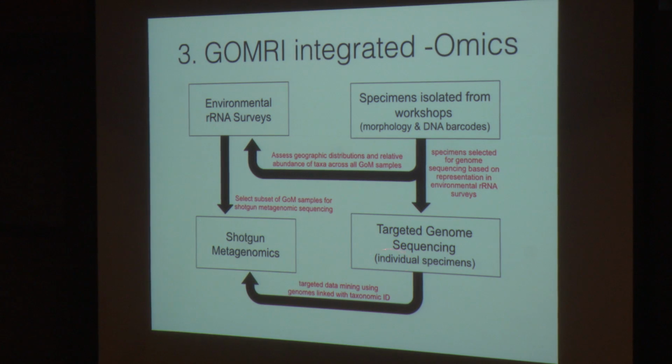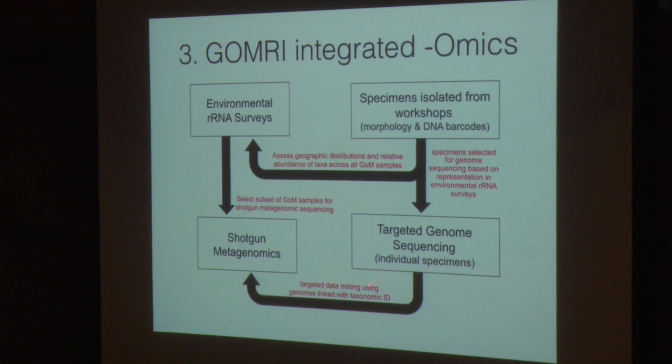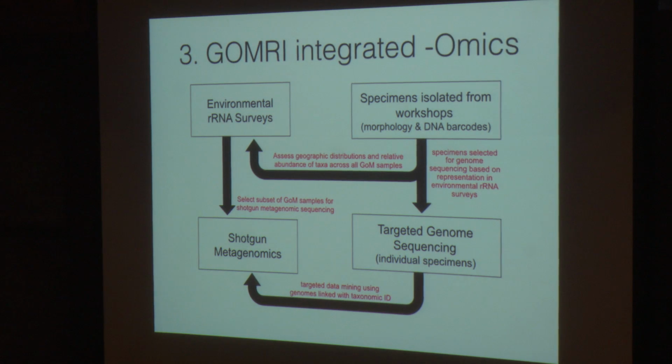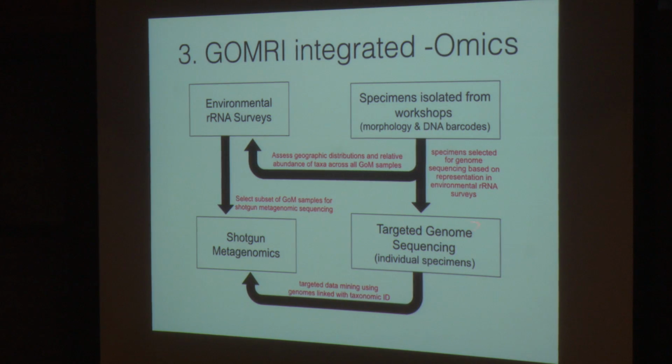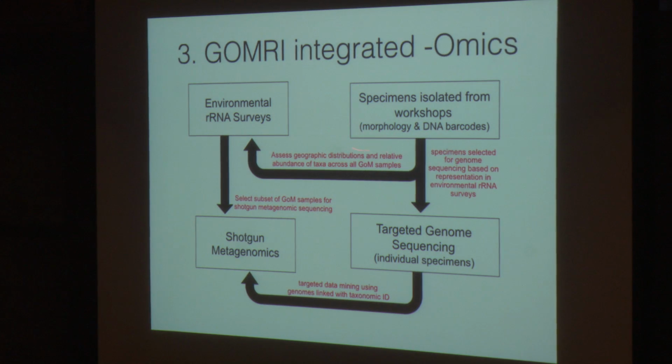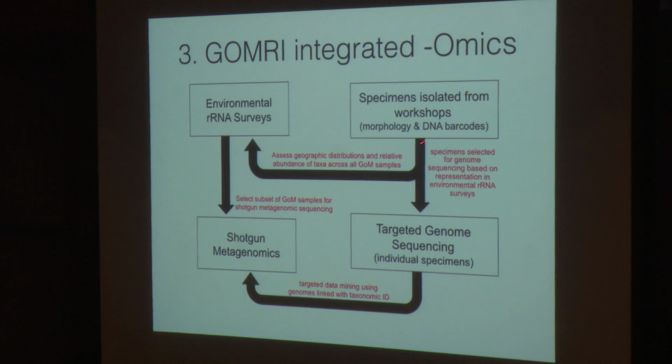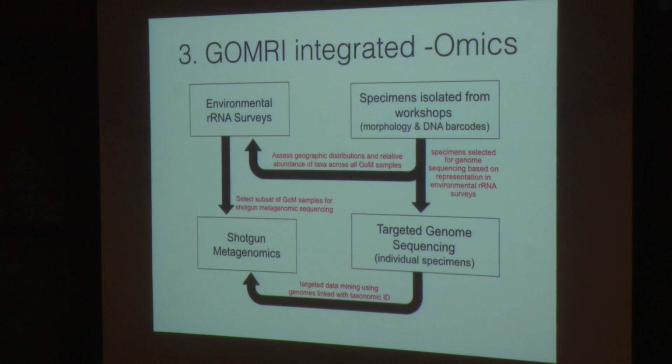So this genome data will be extremely invaluable, not only for this project, but for other research questions and for the community in general. So the goal is to really put it online as fast as possible and make it accessible. And we'll be getting genome sequences by leveraging taxonomic expertise. So we wrote into the grant these workshops where we're going to have a taxonomist who works on Group A pick out their specimens, identify them, and then give them to us so we can sequence the genomes. And we'll be doing this